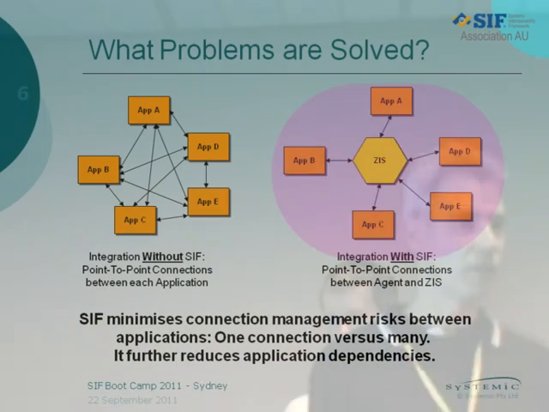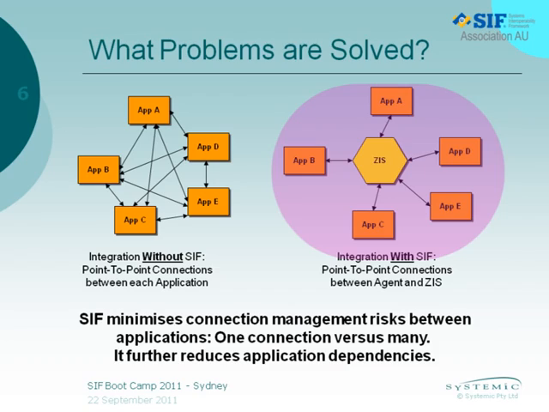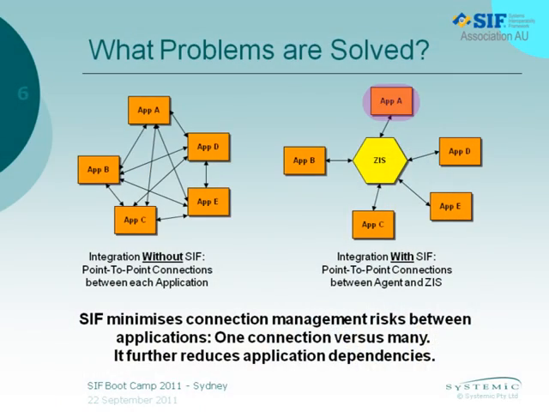Here, it's well defined. With SIF, each agent has one connection to the SIS. Or, that's not quite true. It has one SIS, but many sides, or even different SISs it could have. But these connections are well defined, that's it. That app does not really know about that app. Neither does that know about this. So all it knows is, how do I talk to that guy? Very basic, very simple, easy to manage.